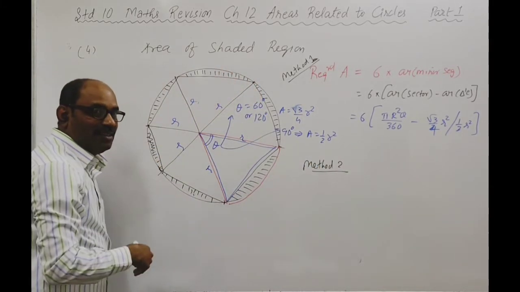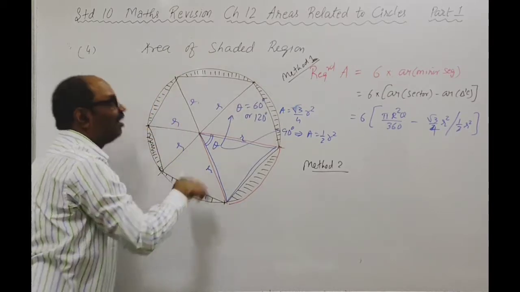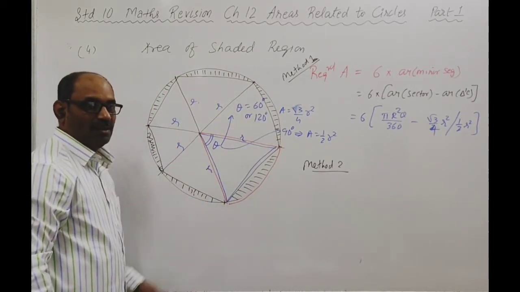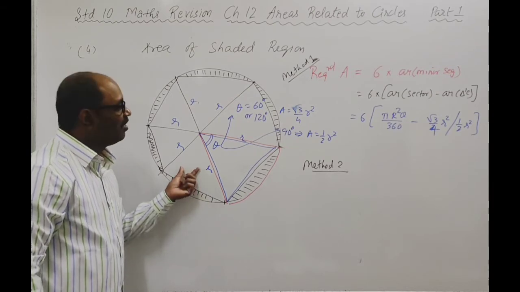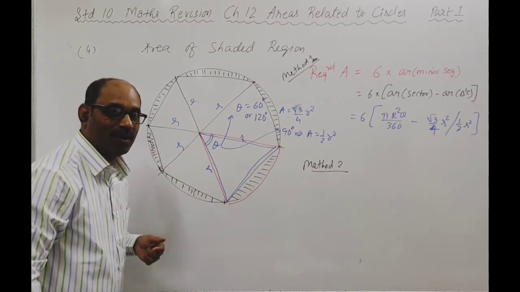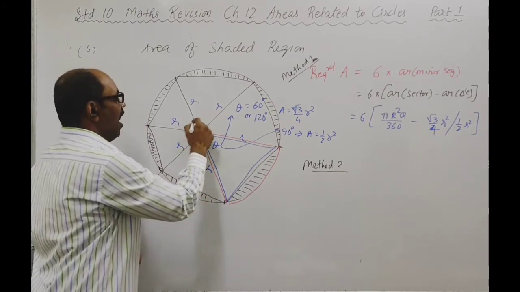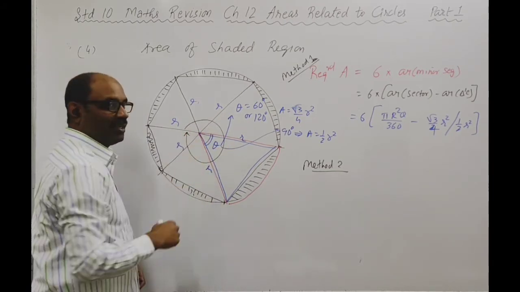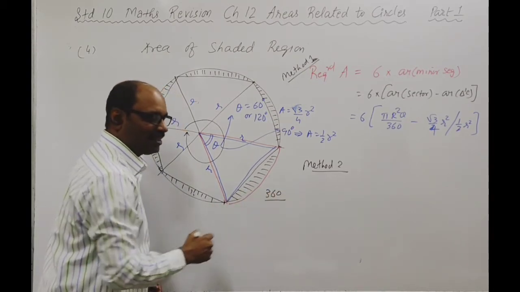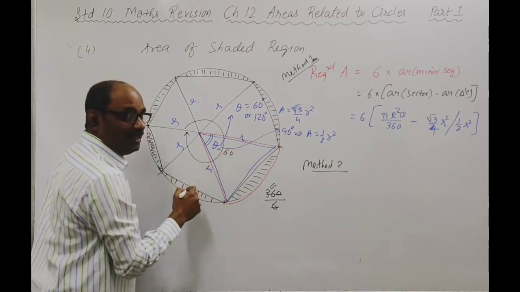That area of shaded region is what? Area of circle minus area of, and this is going to be area of hexagon. Or hexagon is divided into how many equal triangles or congruent triangles? Congruent triangles. And they are equilateral. क्यों? यहां से यहां total measure कितना है? 360. It's divided into how many equal parts? 6. So divide by 6. So each degree theta is 60.